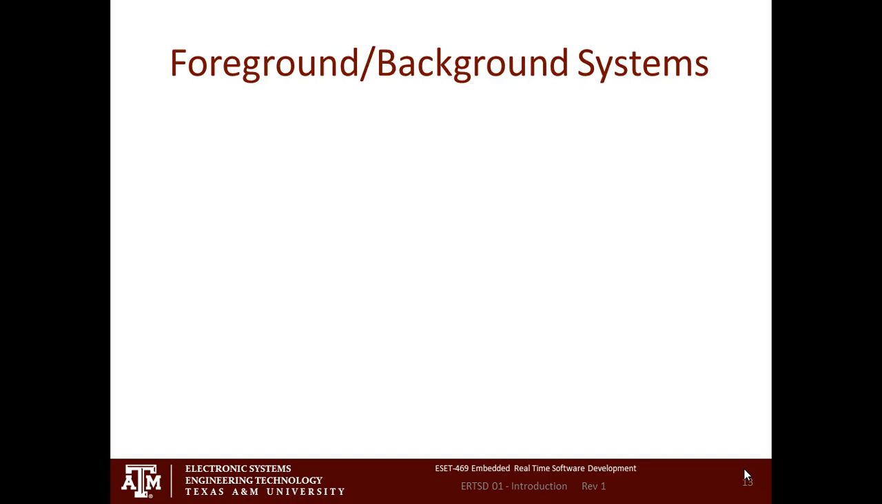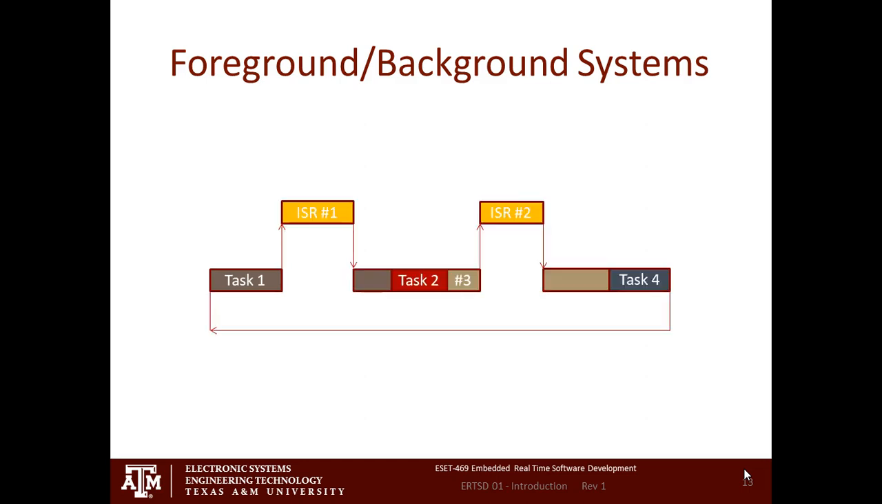So, foreground background systems. We have been doing foreground background systems since long before anybody thought that a real-time operating system was an important thing to do. If you take a look at the example here, what you'll see is that I've got task 1 and it runs for a while, and then something happens and this interrupt routine occurs. You go off and run whatever the code is associated with the interrupt,